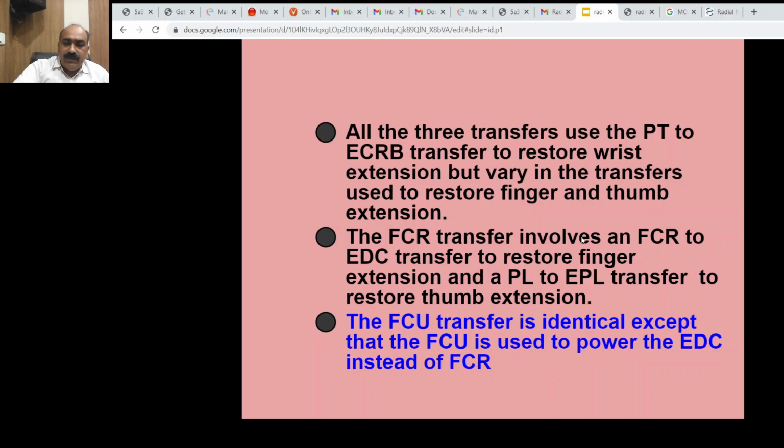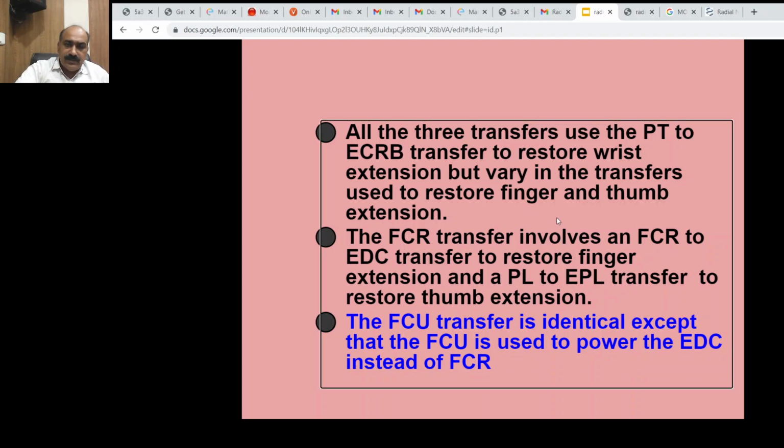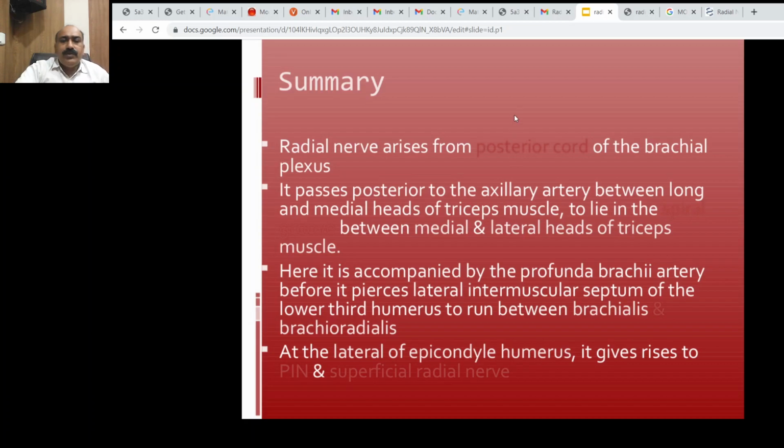The FCR transfer involves FCR to EDC transfer to restore finger extension and palmaris longus to EPL transfer to restore thumb extension. The FCU transfer is identical, except that FCU is used to power the EDC instead of flexor carpi radialis. To summarize,